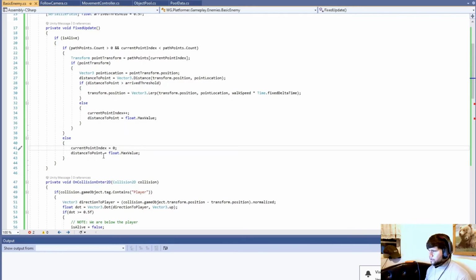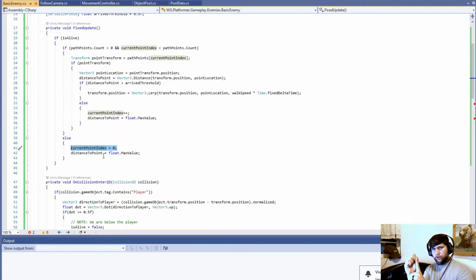Because if we just leave it the way it is, it's going to be like, oh, we arrived at the next point, which we didn't, and then it'll look for the next one. And if we are over, meaning that we already went from point A to point B, if we only have 2 points, this is 0, this is 1, so when we're walking from whatever we are to here, it's going to be at 0, and then when we walk from point 0 to point 1, it's going to be at index of